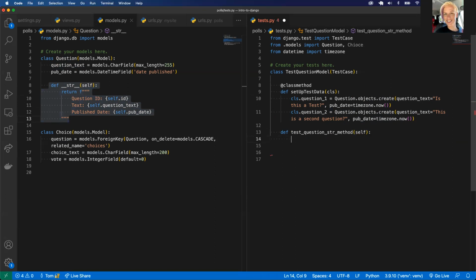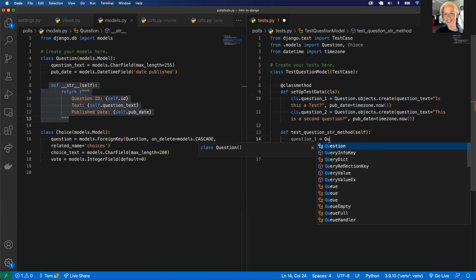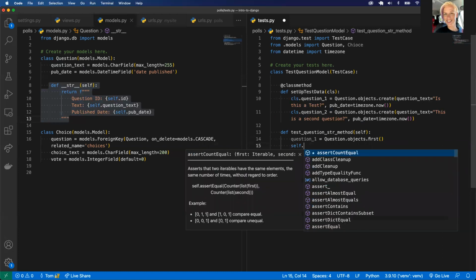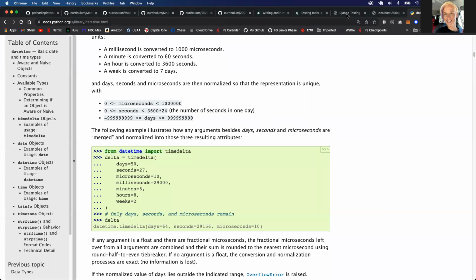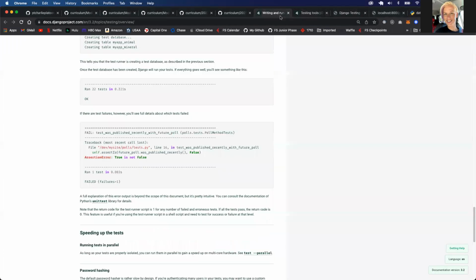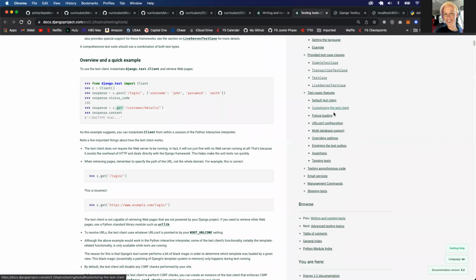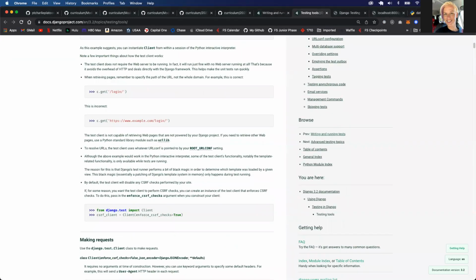So I can grab the first question from the database: question1 equals Question.objects.first. And I can say self.assert, let's see, is it Django tests? What was it, assert,